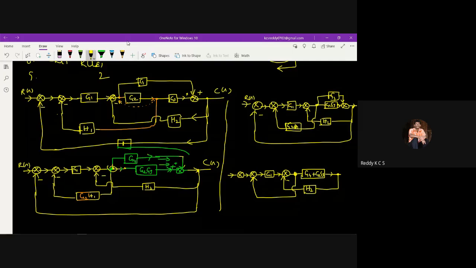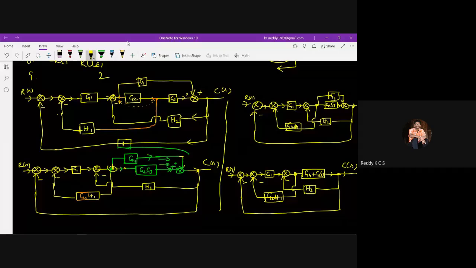Okay, so here it is G2 H1. G2 H1 will be like that only, and with this summing point we have a unity feedback system. I am just rewriting wherever changes are there, and the remaining I am rewriting the same. See here G2 H1 I am rewriting, and the takeoff signal is there, but one takeoff point, because two takeoff points coincided here. One takeoff point is for this and one takeoff point for this. So this takeoff point is gone, and these two are added as a single block here.